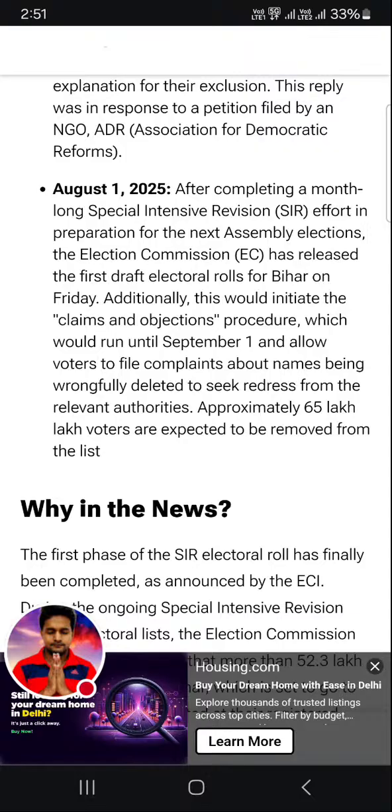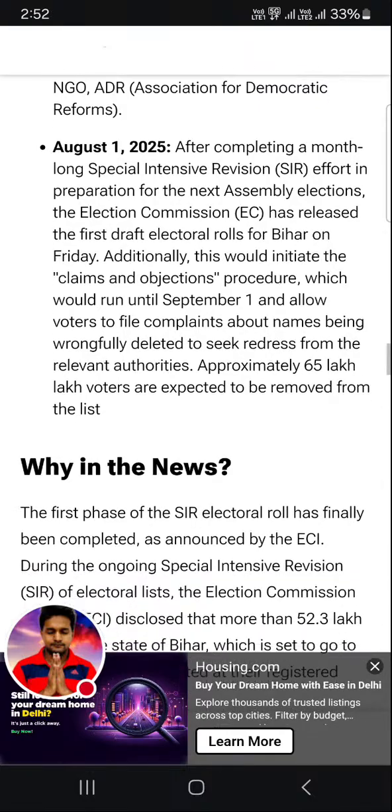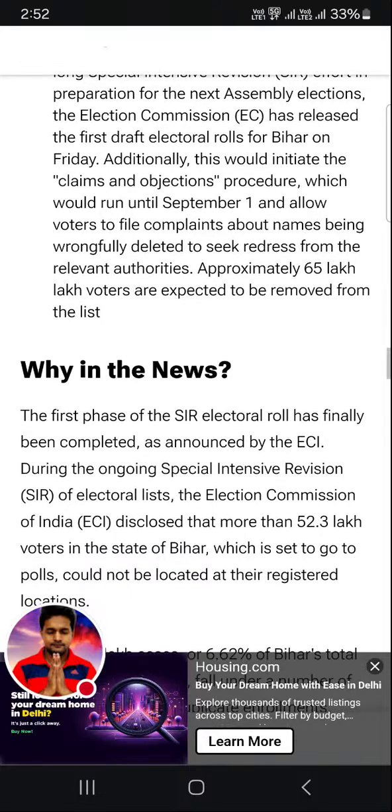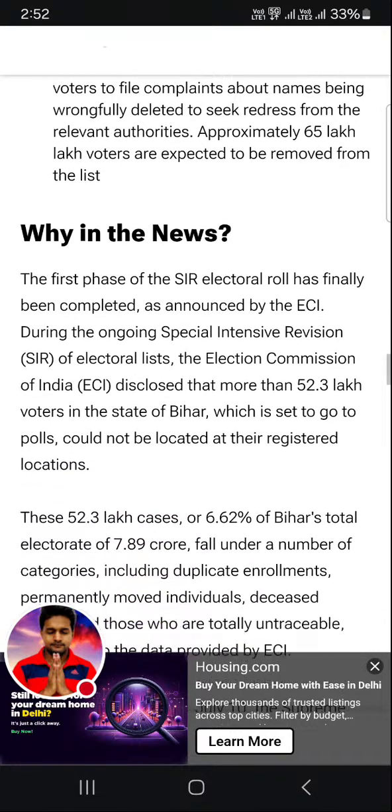Additionally, this would initiate the claims and objections procedure, which would run until September 1st and allow voters to file complaints about names being wrongfully deleted to seek redress from the relevant authorities. Approximately 65 lakh voters are expected to be removed from the list.